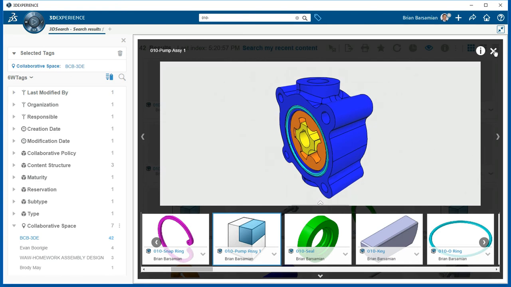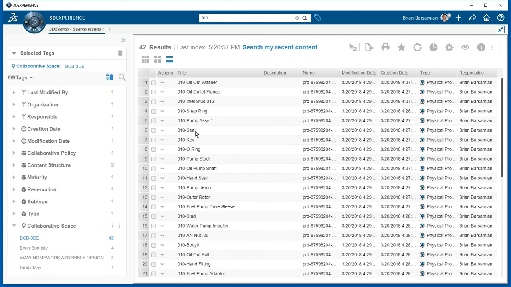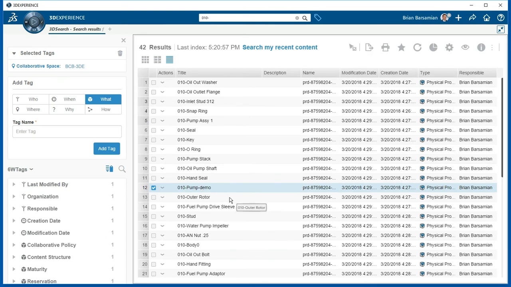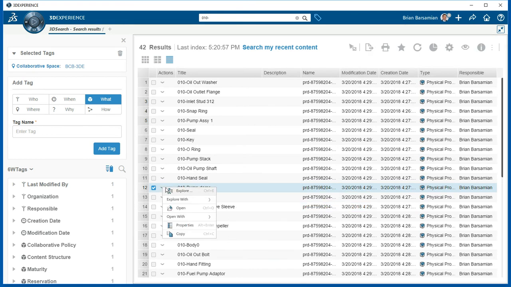So let's close this now, and now let's go back to data grid view. Okay, now we have a whole list of the things that have that search string in them, and here's the one that I actually want to work with today. This is that assembly, and I'm going to right click, and there are options to explore or open. Now there are actions here that you can also do if you don't like right clicking. Okay, so I'll right click and I'll say explore,